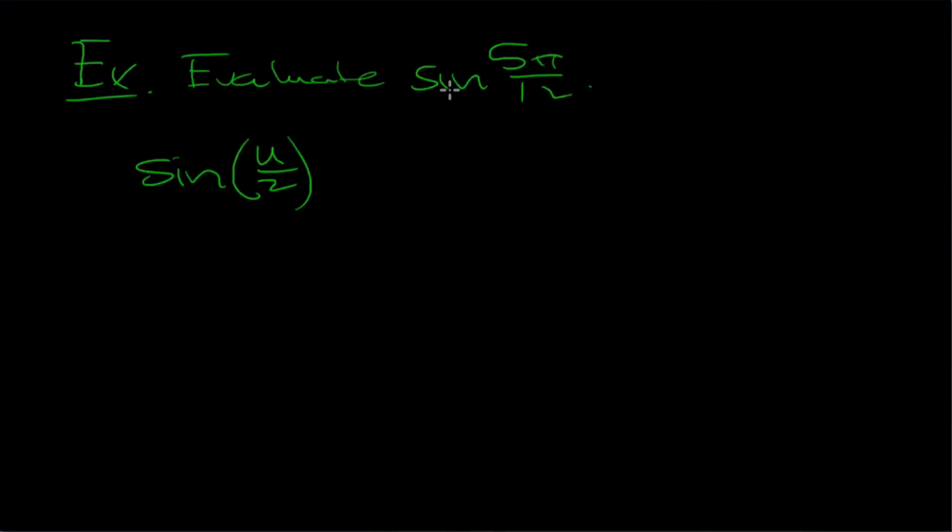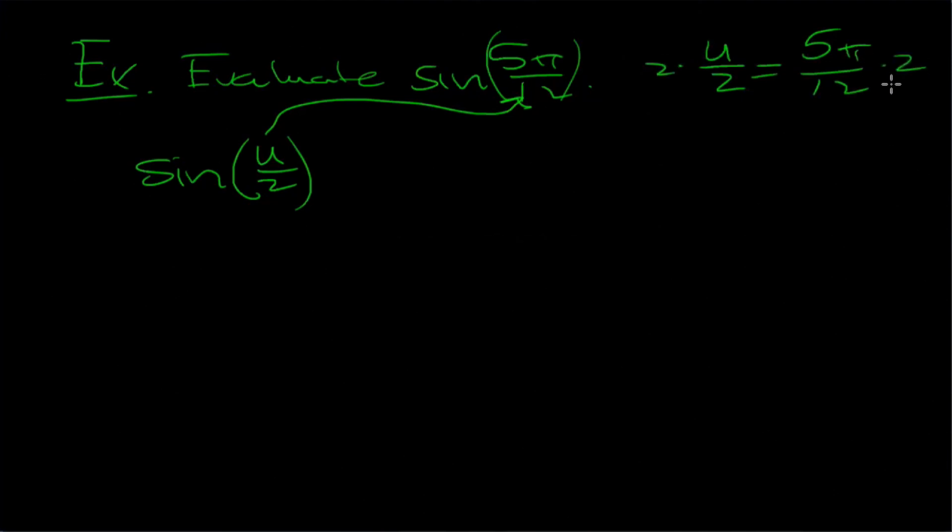Unlike the last problem, this one has a slightly different step, and that is that since I didn't give you information about tangent or cosine, I'm going to have to find an angle myself. But I know that u divided by 2 has to match this. So if I write an equation, u over 2 equals 5 pi over 12, I can multiply both sides by 2, and I get u is